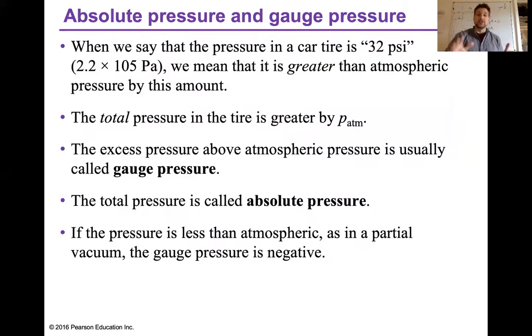So we can make a distinction between the actual pressure, including the air, and the gauge pressure as measured above the environmental pressure. The excess pressure above atmospheric is called gauge pressure. That's whatever the pressure gauge, the device we're using to measure the pressure, reads above the atmospheric pressure. Whatever that instrument is reading, we call that the gauge pressure. Which means the gauge pressure could be negative if the actual pressure here were less than atmospheric pressure.